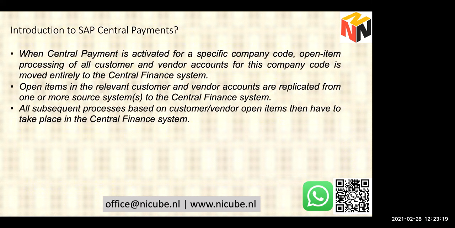test it, and you have to take care of your historical items. For example, today you are already replicating data from ECC to S4 for 1 year, and now you activate your central payments. So you have to not just take care of your new invoices, which are coming, but also 20,000, 40,000 invoices already available in your system. So you have to take care of your historic data as well. So there are still a lot of things to be done, but this was just a high level summary of how central payment works in the real world.